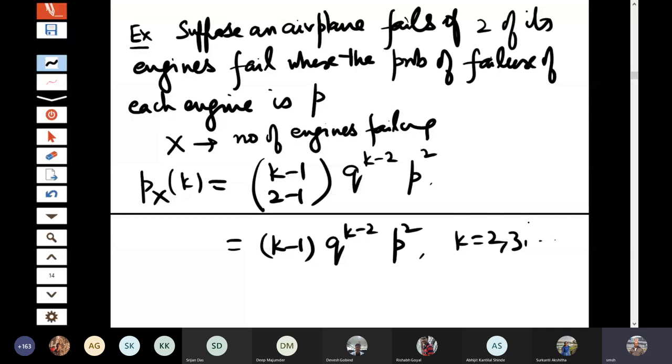Okay, so this is a direct application because nowadays large aircraft are there. Generally they are four engine planes, this Boeing or Airbus. So they fail if two of them fail. Of course, now they have made a six engine plane for very long haul flights like Bangalore to San Francisco and all. So they are having six engines, and of course the system will fail if three or four of the engines fail. So it is something like that.